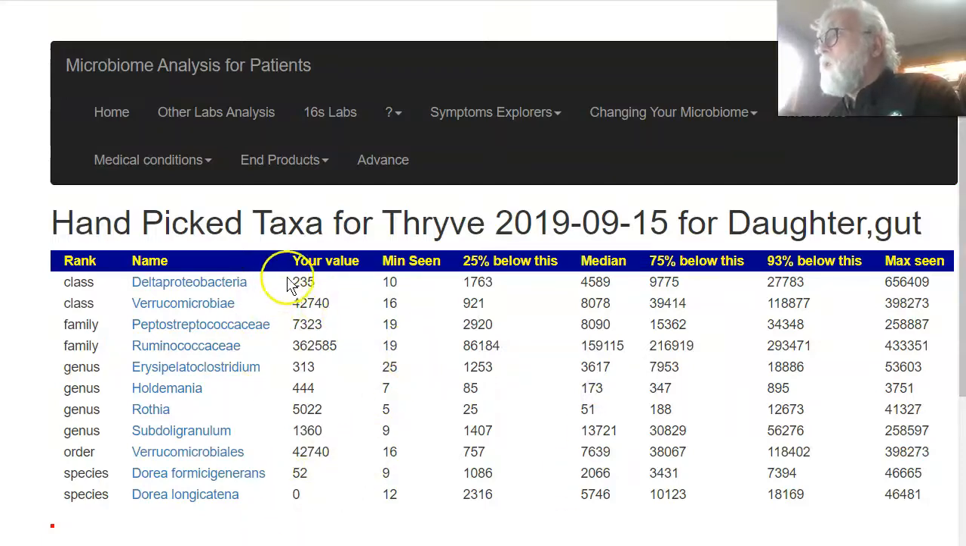value. You can see your value, min, 25%. So what we see here is delta protofactor. You have a low value. Next one, you have a high value, 7323. You have a low value, but that's sort of interesting. It may be that it matches the pattern in some way, but how I'm not quite sure at the moment